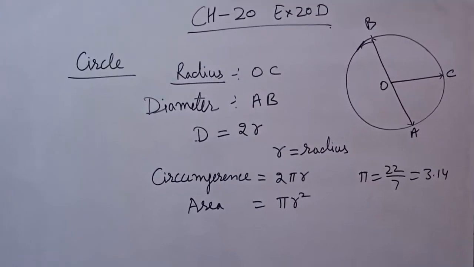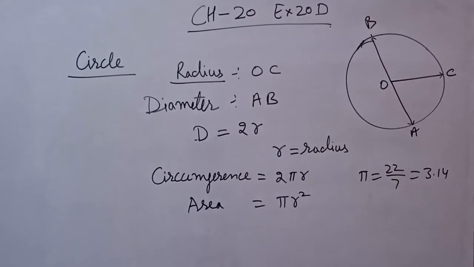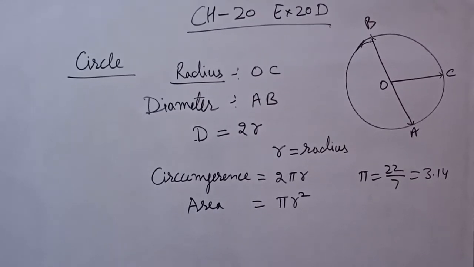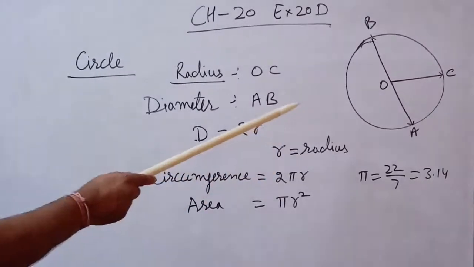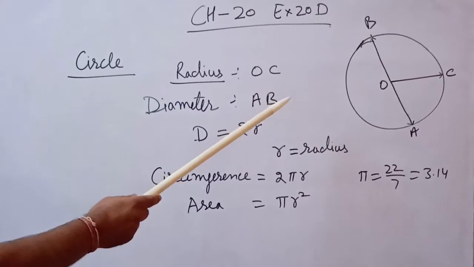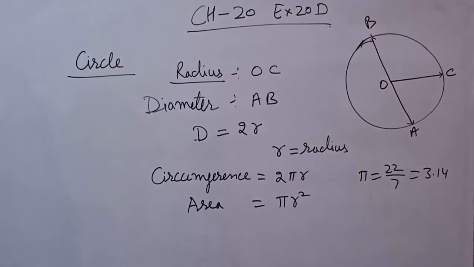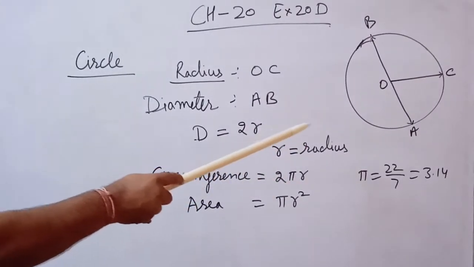We will study the circle and we will know about the area of the circle. First, we will study what is a circle. Here is the closed figure, and the definition of a circle is that a circle is a closed curve obtained on joining all points that are at the same distance from a fixed point and lie in the same plane. So here is the circle.